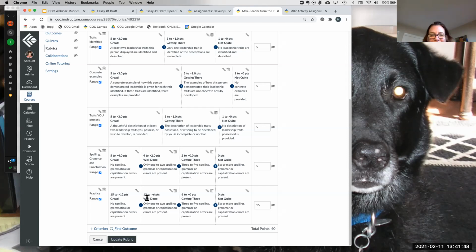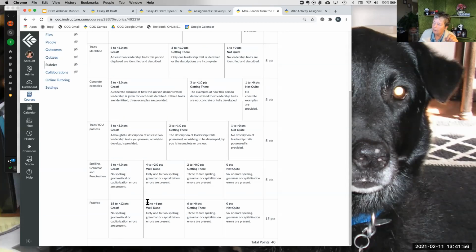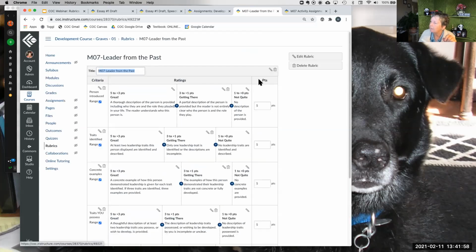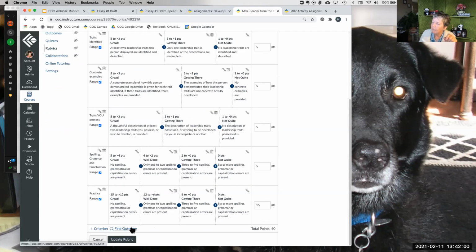I've been doing it by hand, like I go over to the points. You can do that. However, if you're using the use this rubric in grading, it doesn't always let you, in fact, I'm not sure it ever lets you change it.